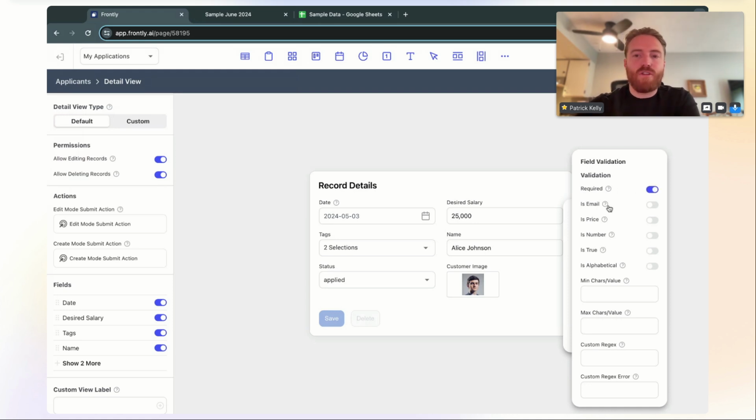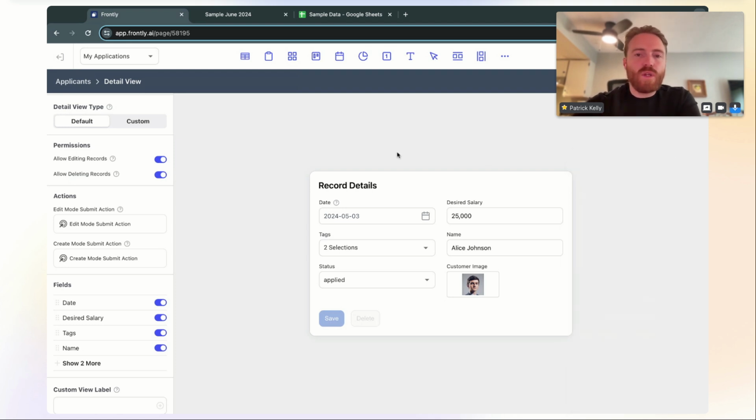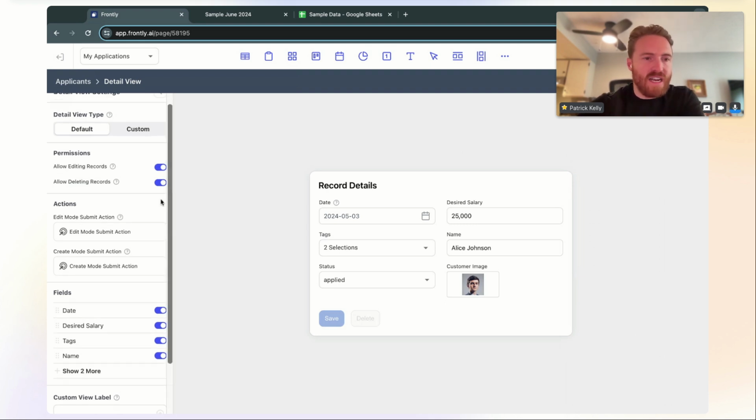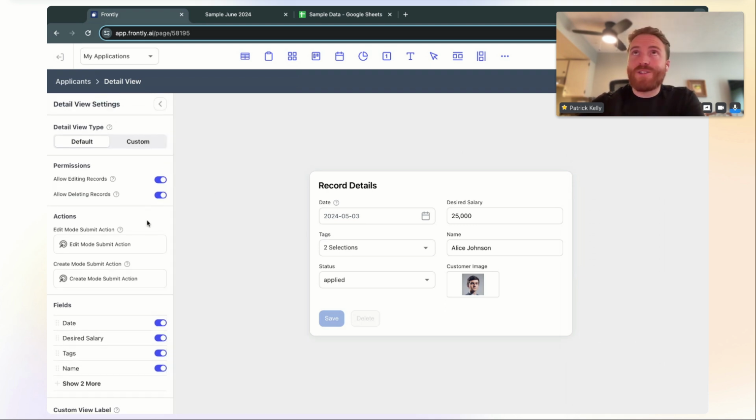You can also set some other validation, like it's a valid email address, or it's a number, or a toggle is set to true, those kinds of things. So lots of really powerful things here, and I highly recommend spending some time clicking around, exploring the different settings. Now, to answer Janice's question, I hope that's how you pronounce it,